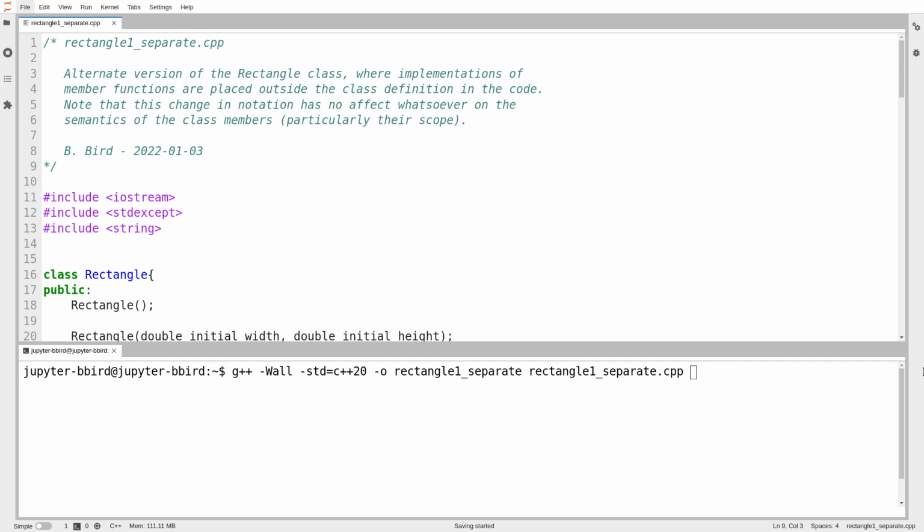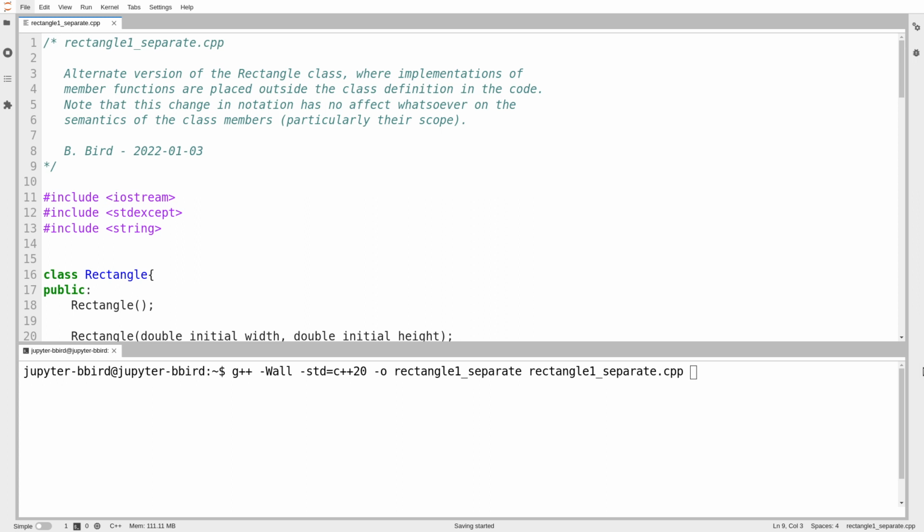Another notational thing that I want to talk about before going any further is a different way of breaking down the class definition so that you can specify the outward interface in one place and the implementation of each function in another. This is a little bit clunkier looking, I think, so I actually don't like the look of it, but it's necessary and we're going to need it in this course because there are cases where we need to